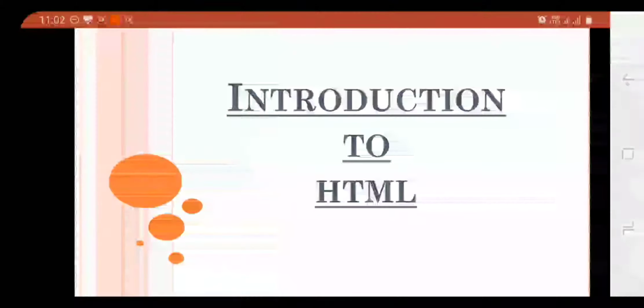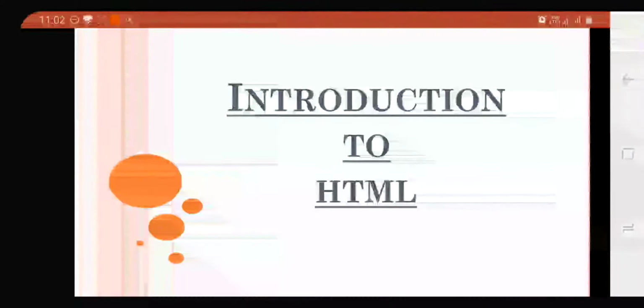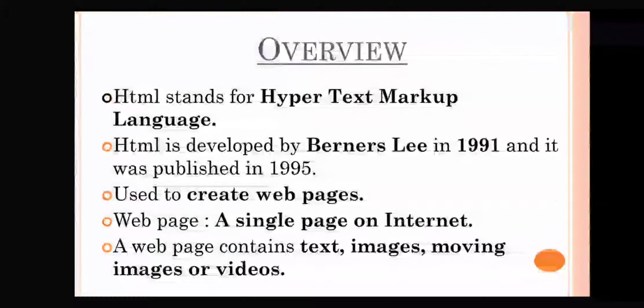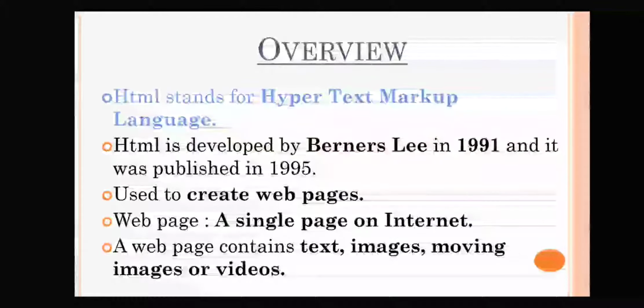Everyone, good morning. Today we are going to learn about HTML. So what is HTML? HTML stands for Hypertext Markup Language. Here hyper means a reference or a link where you want to navigate, and text means data or information, and markup means predefined terms already there in HTML, which are nothing but tags. We'll write all the HTML code in tags, and language is for communication.